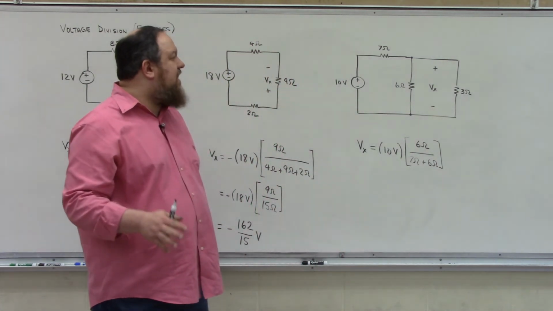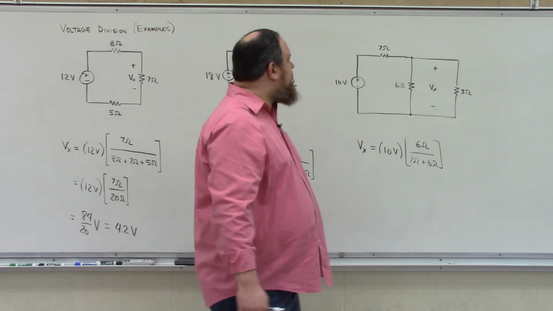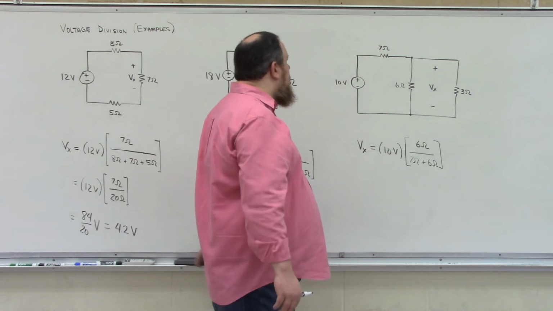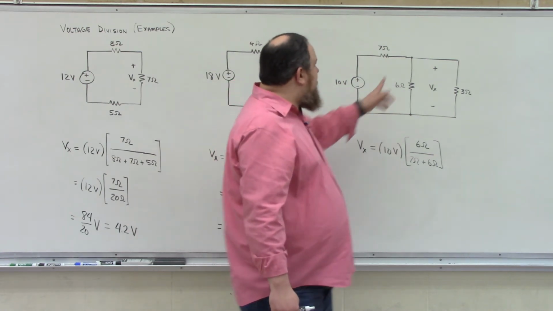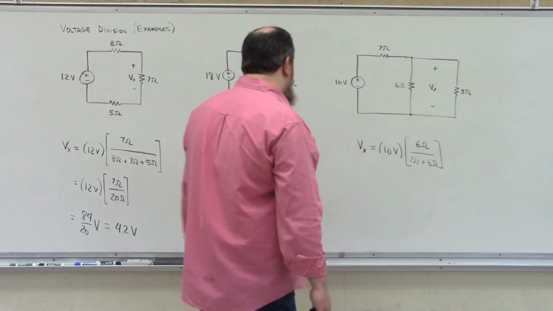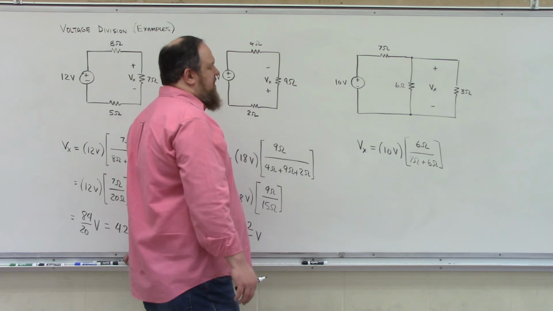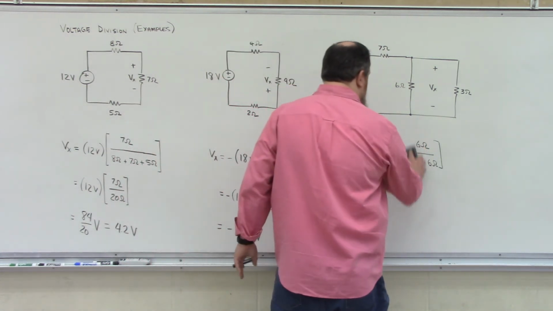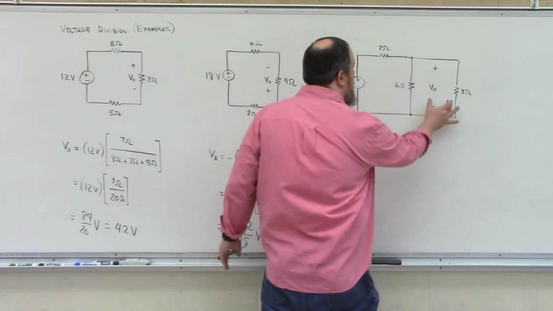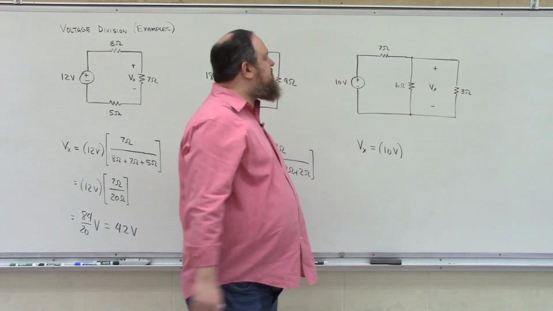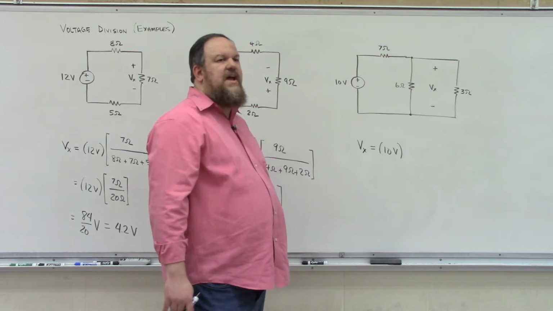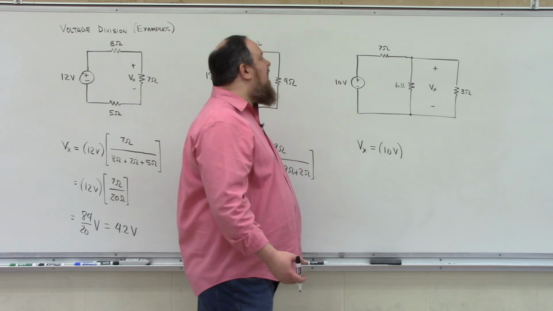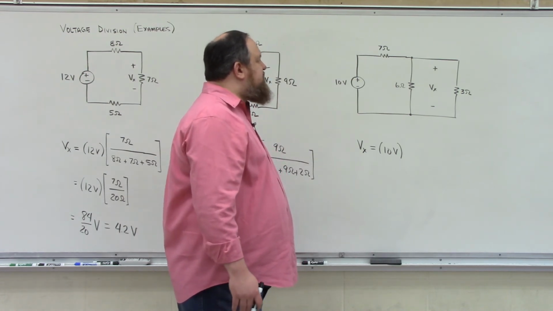The reason that it's not correct is because the 6 ohm resistor is not in series with the 7 ohm resistor, okay? They are not in series because there is another path that branches off, so they don't have a single point of interconnection with no branching paths. Instead, what we can do to apply voltage division is treat these two resistances, the 6 ohm resistor and the 3 ohm resistor, as a single equivalent resistance because they're connected in parallel, and then use voltage division to find the drop over